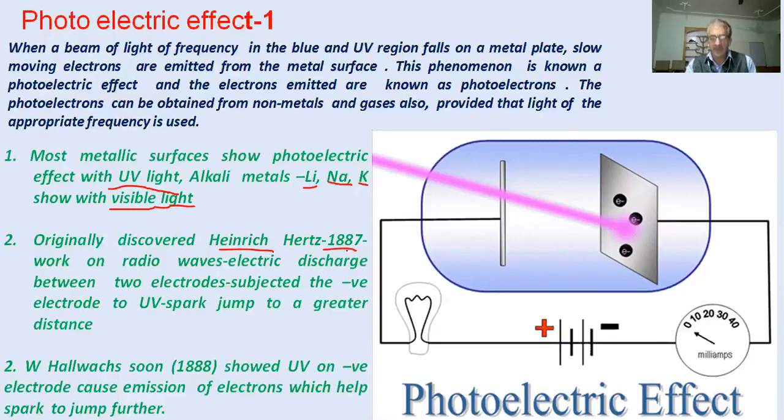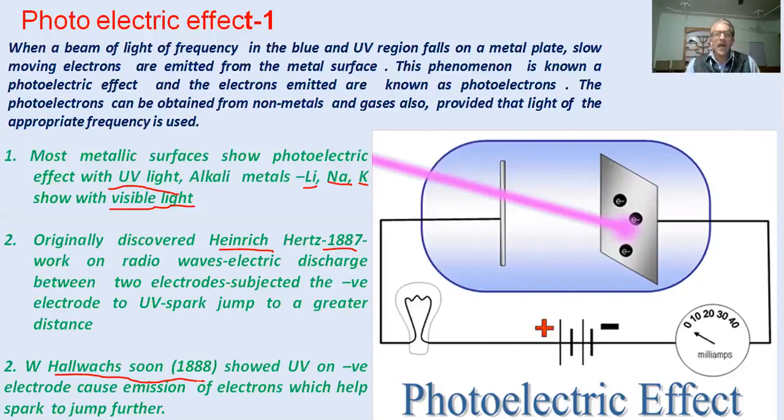experiments with radio waves. He had two electrodes which were maintained at very high potential, and the spark would move from the negative electrode to the positive electrode. When he shone ultraviolet light on the negative electrode, the spark would move to a further distance. It was Hallwachs, just after one year, who showed that when ultraviolet light was shone on the negative electrode, it was actually the emission of electrons from this electrode which helped the spark to jump